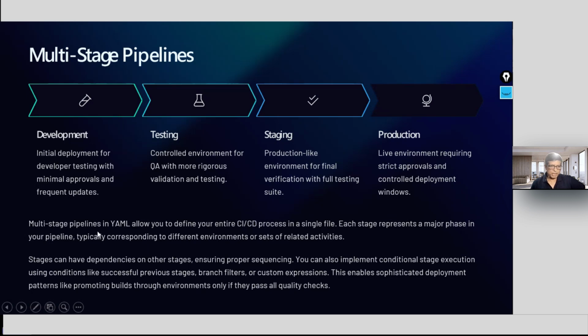So multi-stage pipelines in YAML, YAML means YAML pipeline, allow you to define your entire CI/CD process in a single file. So you can name that YAML file as your single file. In that file, you can define all the stages.